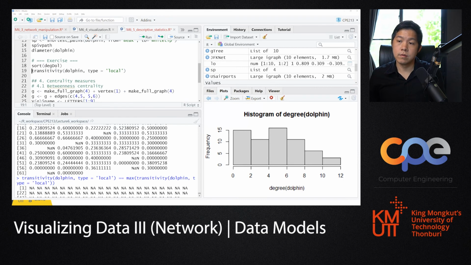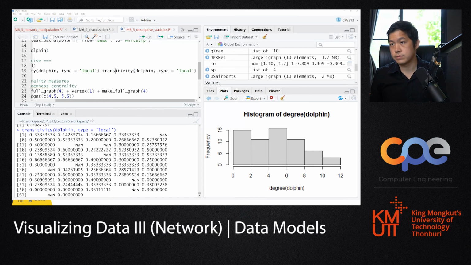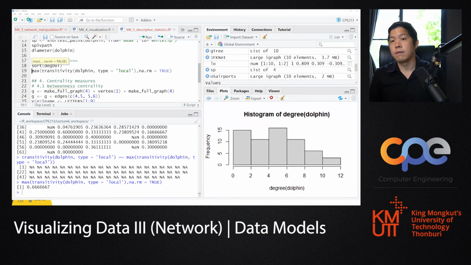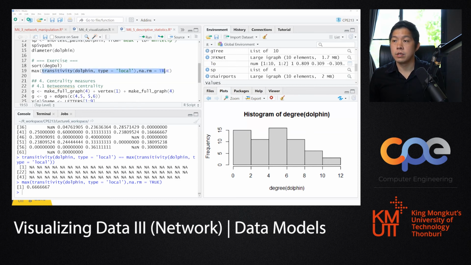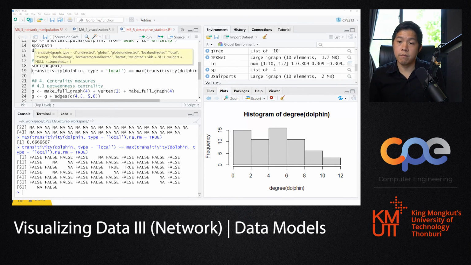So, we need to get the max one out, and actually you can get the NA. That would do the trick. Max, NA true. Get the max one out, and what should we do? Get transitivity, and doesn't contain the names. And then we need to compare the transitivity to this value, right? And then we get the top one, the two of them here as true, and subset it from the